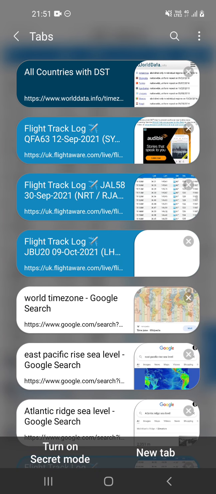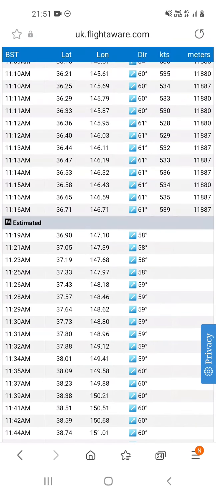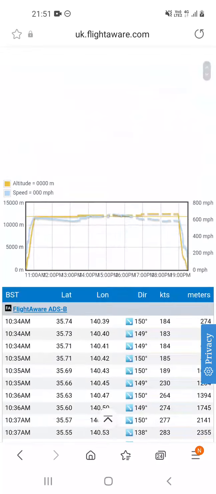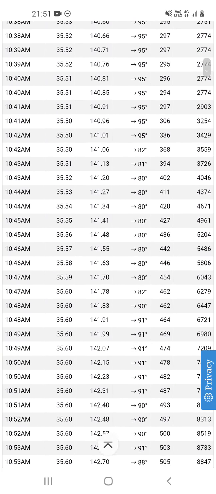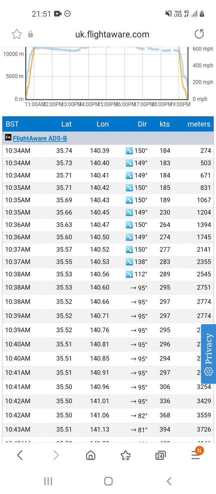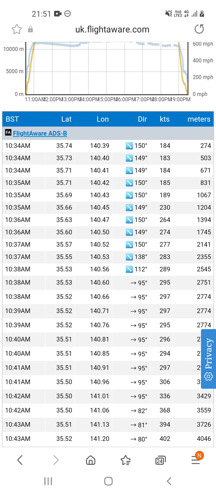Yeah, so going back to the JAL 58. So this goes through 10, 100 degrees, and